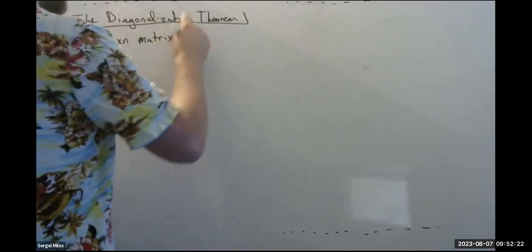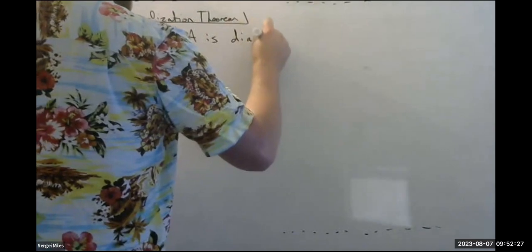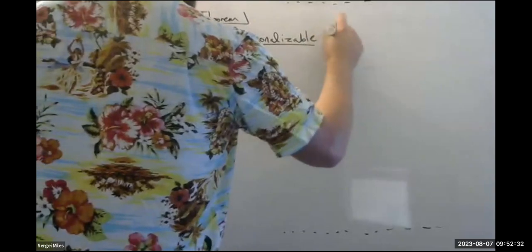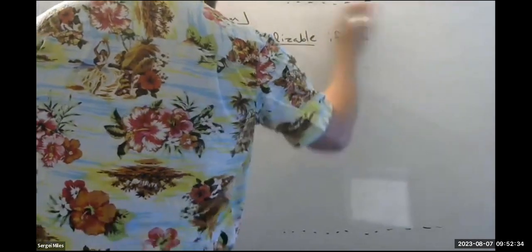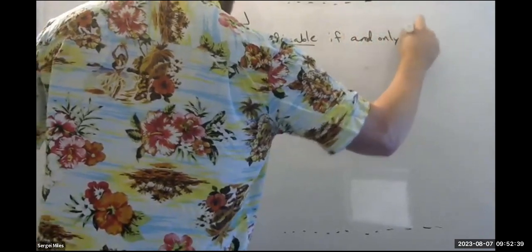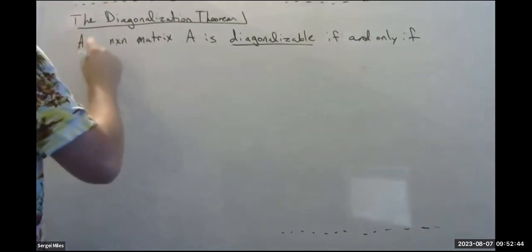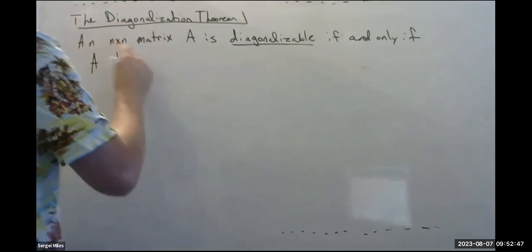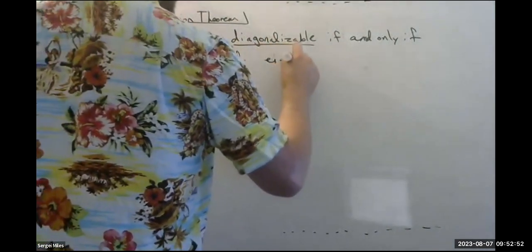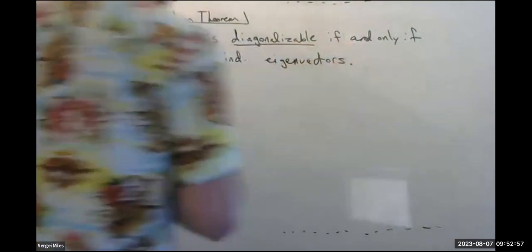An n by n matrix A is diagonalizable if and only if A has n linearly independent eigenvectors. So the start of chapter 5, chapter 5.1,